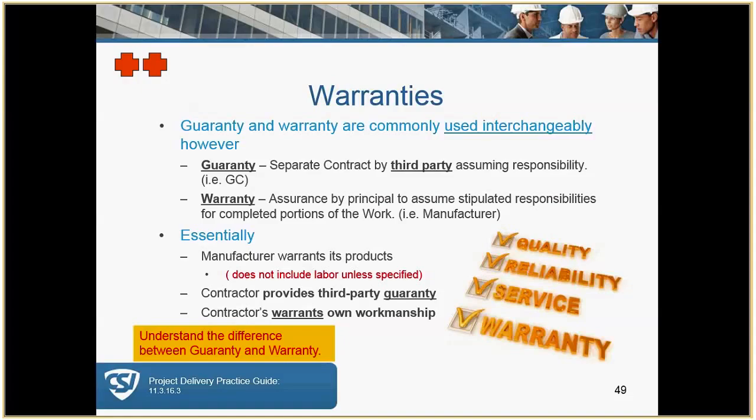Guarantee and warranty are, yes, used interchangeably all the time. It's important to note that a guarantee is a separate contract. It's by a third party, assuming responsibility. As an example, of course, would be a general contractor. And a warranty is an assurance by a principal to assume stipulated responsibilities for completed portions of the work. Let's say, for an example, a roofing manufacturer offering a 15-year warranty. Now, the manufacturer will warrant its products,